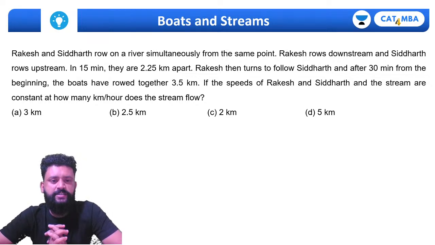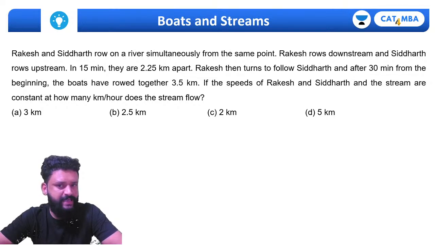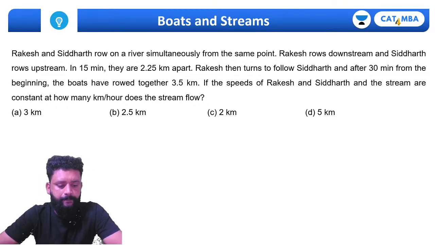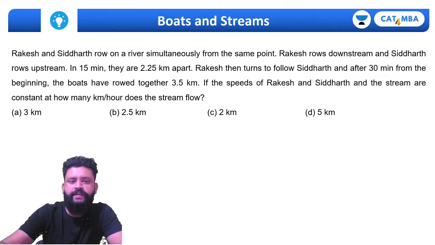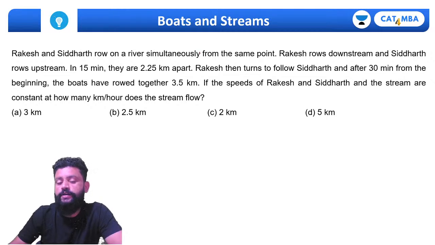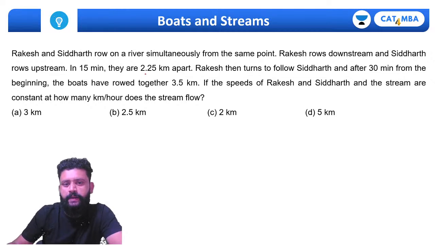So Rakesh and Siddharth row on a river simultaneously from the same point. They started from the same point. Rakesh rows downstream and Siddharth rows upstream. And in 15 minutes, they are 2.25 kilometers apart. So now you need to take